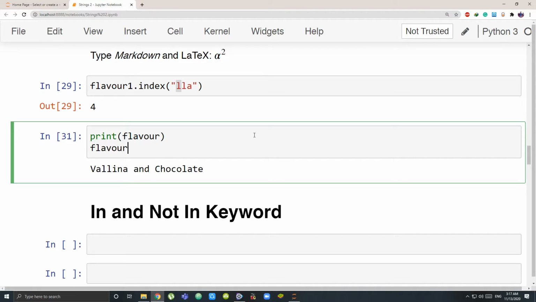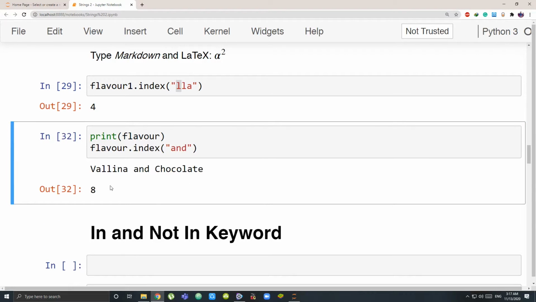So from flavor, index me where and starts, that is basically where this vanilla gets over. It's that 8th position where my and starts. Basically it gives me the index of the first one, that is A, from the and.